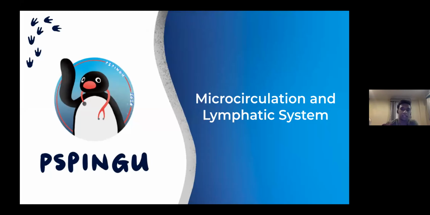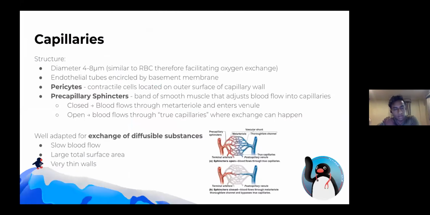Hey guys, so just gonna make a start. I'm just gonna go through microcirculation and lymphatic system. It's a fairly straightforward part of physiology because it's just talking about your capillaries and lymphatic system. So firstly, talking about capillaries,